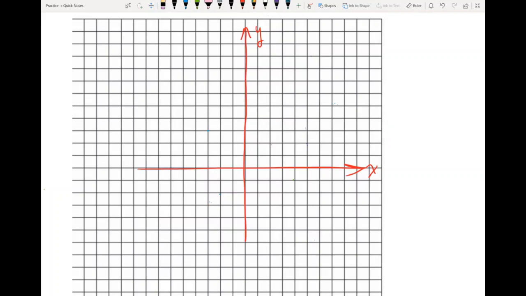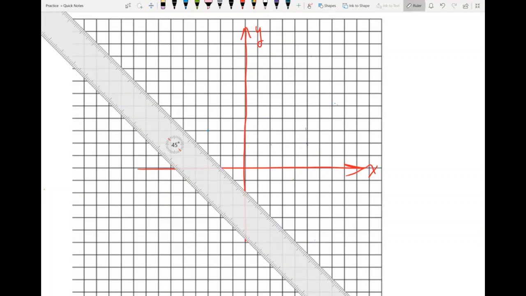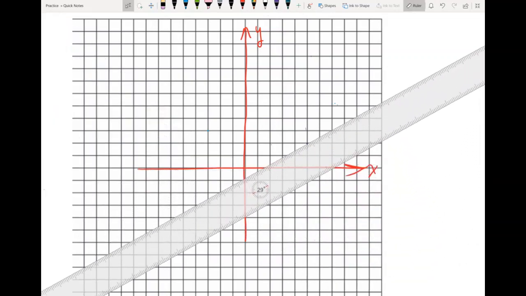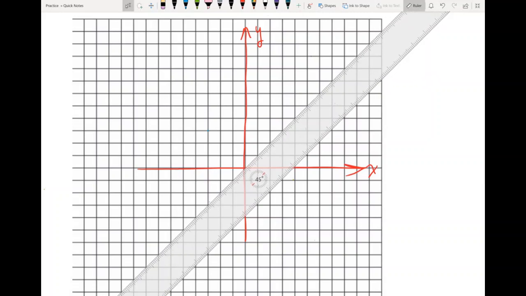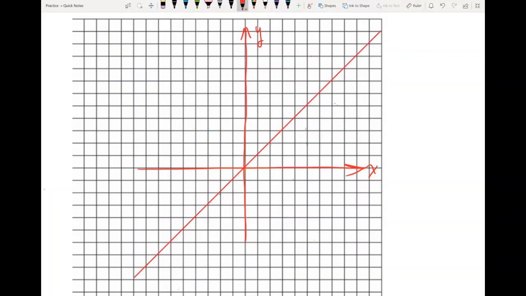Now we're going to reflect a shape, and I'm going to reflect it with respect to this line. Now we're going to recall the equation of this line. So I'm going now to reflect with respect to the line y equals x. So this is the equation of the line y equals x, and the shape that I'm going to reflect is this